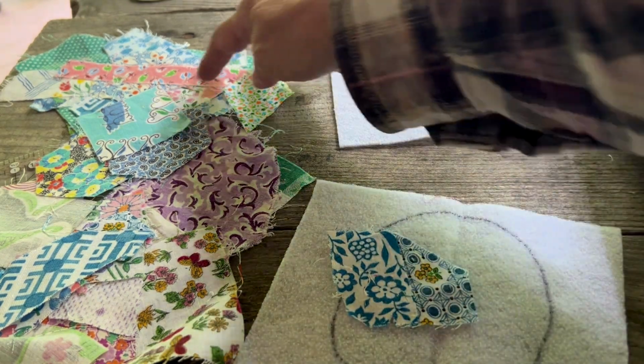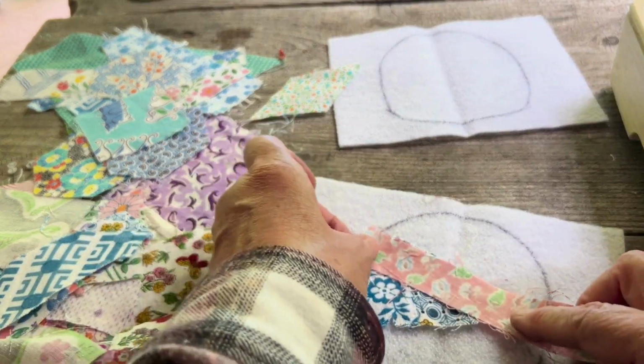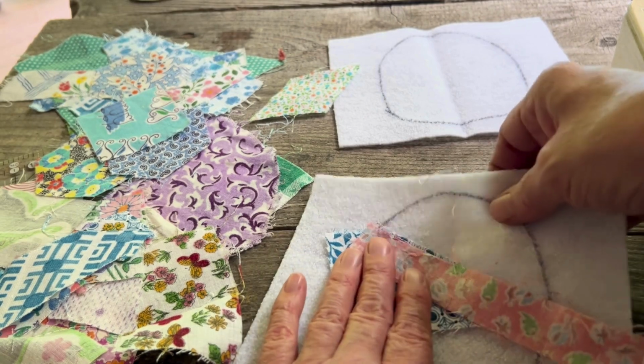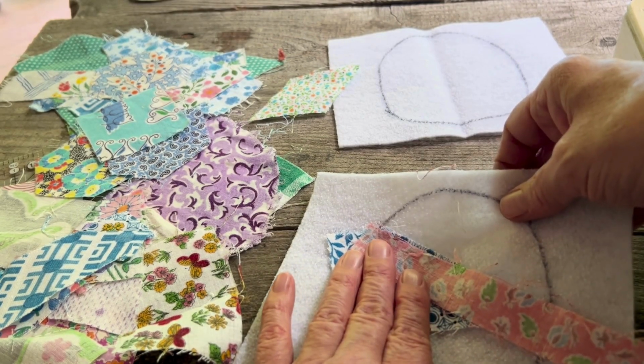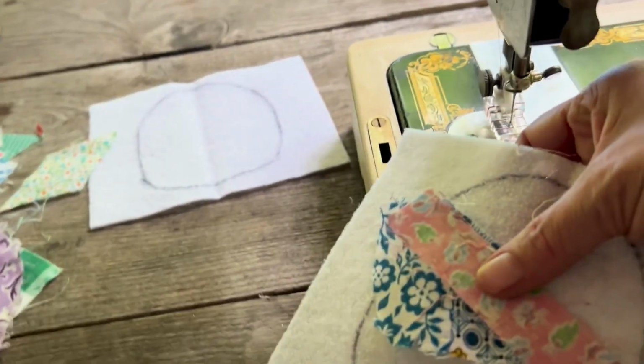I'm going to grab a little strip here, and I'm going to start on this edge, and I'm going to put it right on top. This is sort of how you'd make a crazy quilt. Well, it is basically. We're going to come over here,